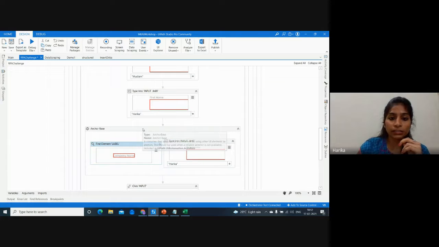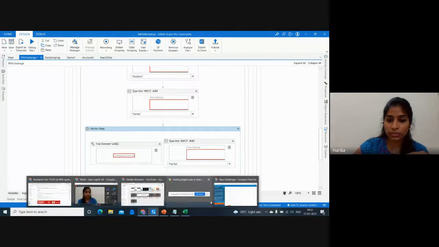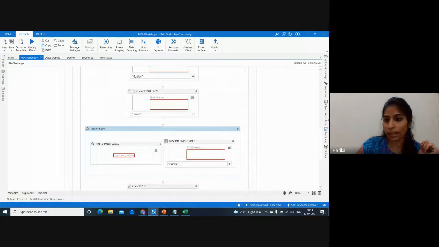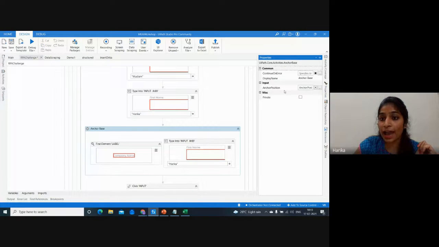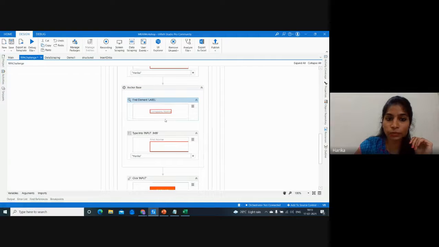So how this actually works is we have the action that needs to be done and this is the anchor, but we haven't set the position of the particular elements, right? If you just observe here, we have our text field here and the company name, right? So our required field is below that particular value. So you have your anchor base, go to properties, and if you just see anchor position, where is the anchor located? On the top, right? Anchor is on the top, so you have to move it this way. First anchor would come and later this action is done, correct? So this is how we are going to do it. And this would actually provide the company name, which is UiPath.